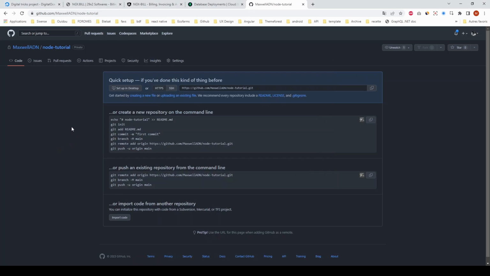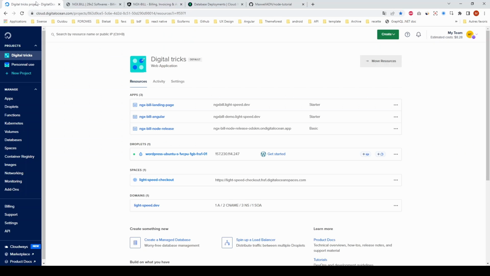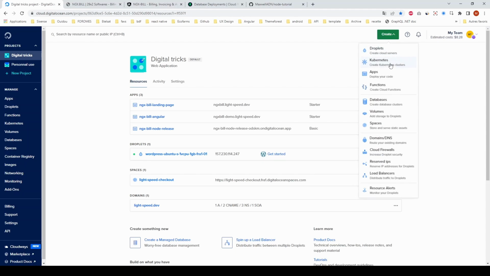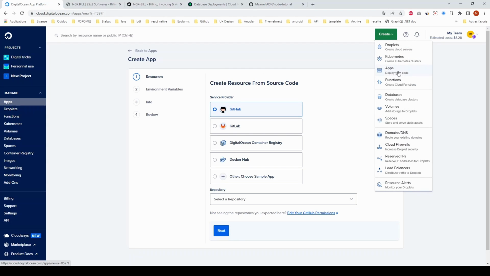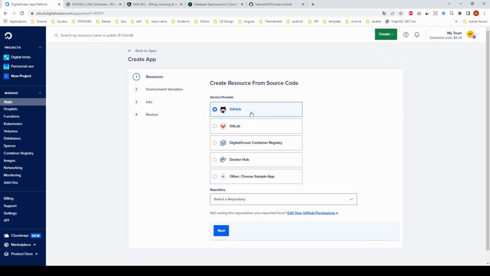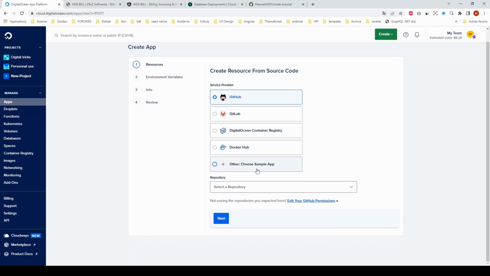So what you will do here is that you will need to create a new app. So click on create here, create, and then app deploy your source code. Select GitHub. So if this is your first time connecting DigitalOcean to your GitHub, click on this link,